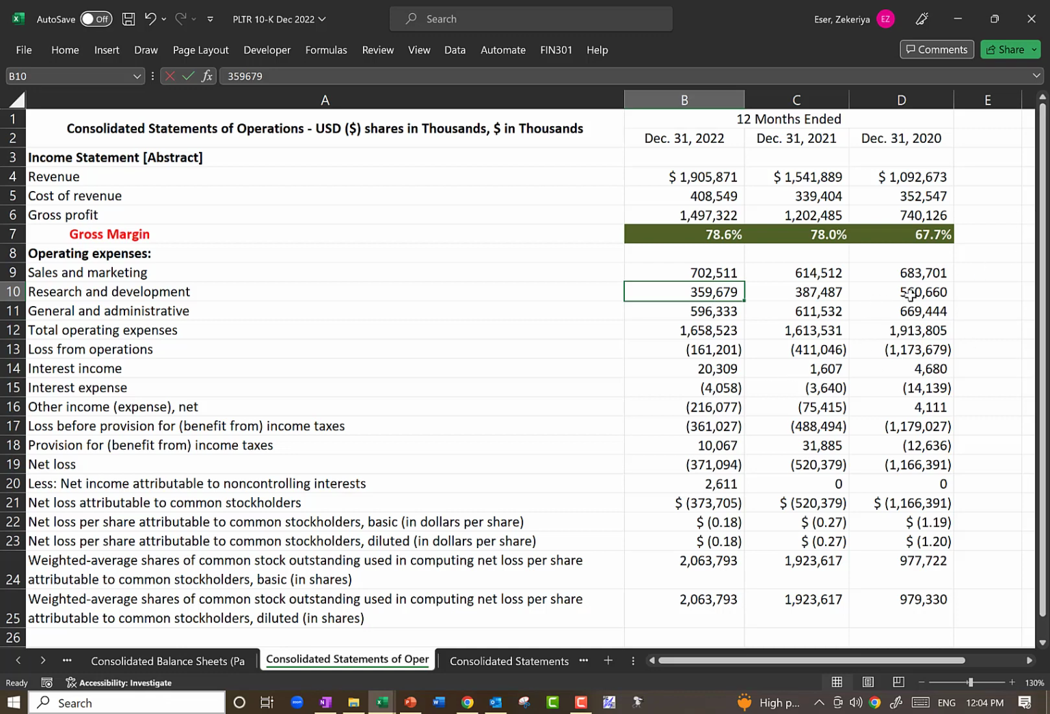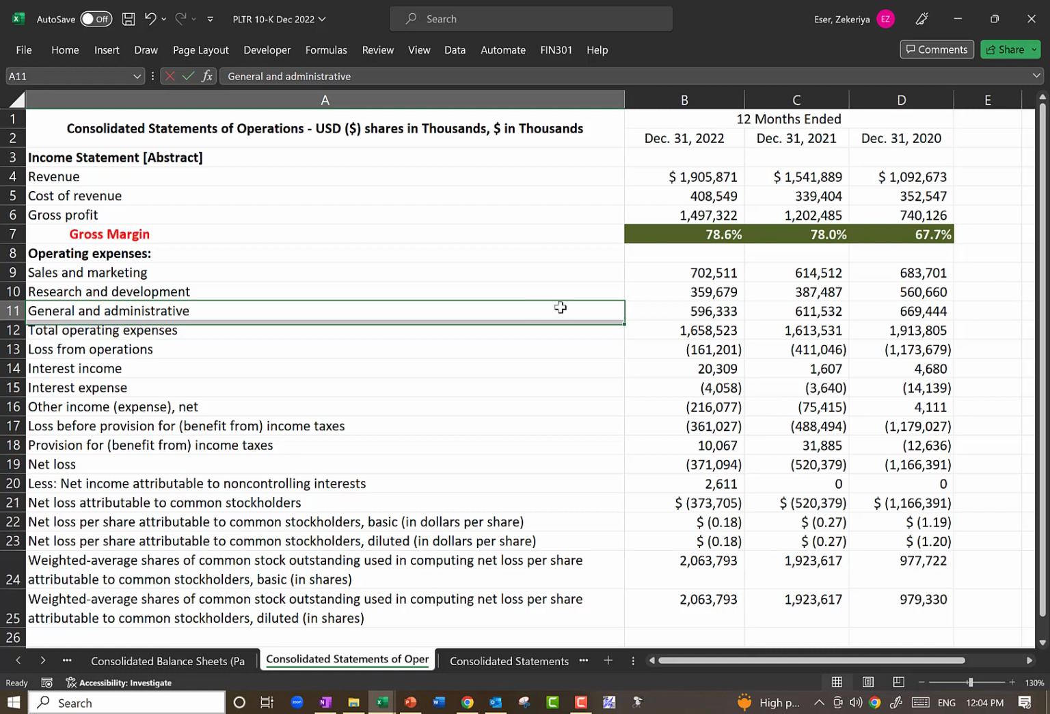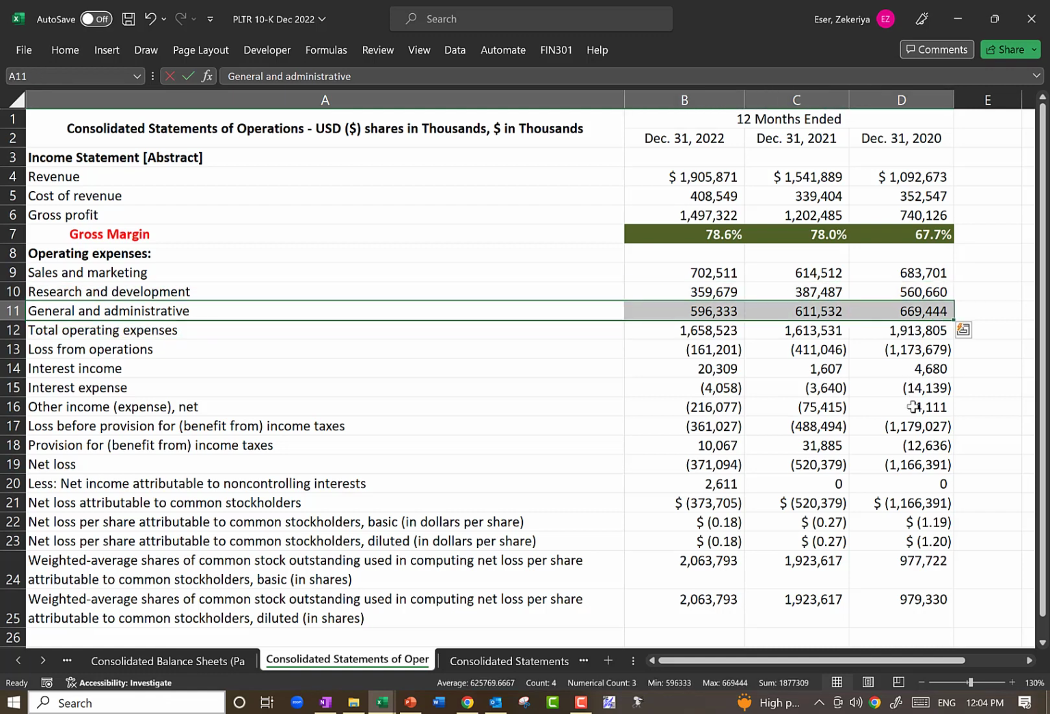So don't view this as, oh, they spend a lot of money on R&D. Maybe it is true, maybe it's not. And we'll kind of get into that. General and administrative, it's